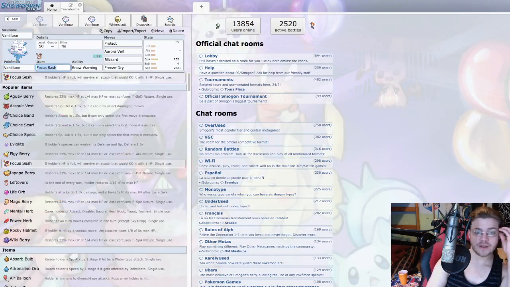So this is the rough build of the guy that got first place, Tut Pup. I have his rental code if you want to check it out from the Galar Weekly number 6 meta analysis. There is the rental code. You can play this team. It's very, very good. Playing the Focus Sash Snow Warning, like I was saying,